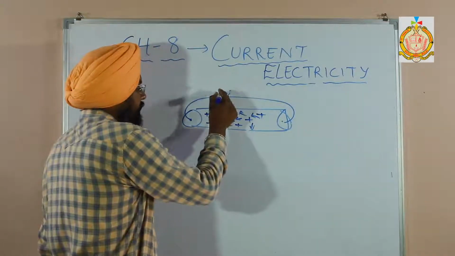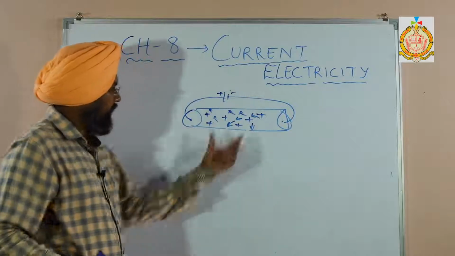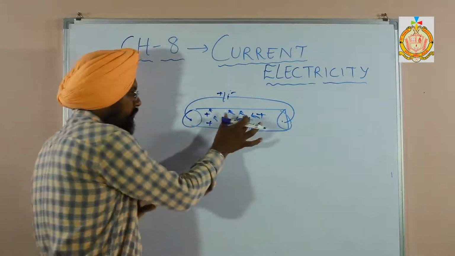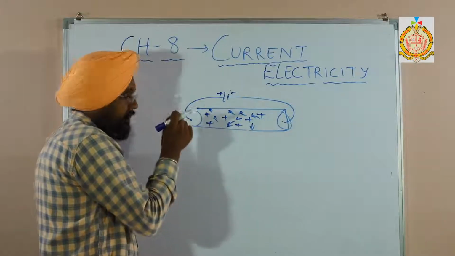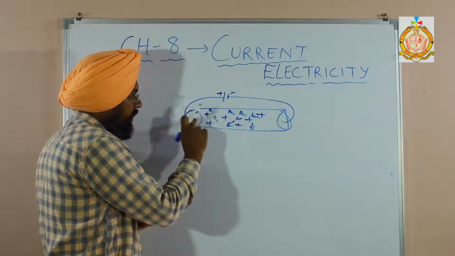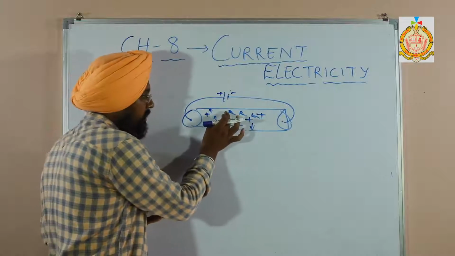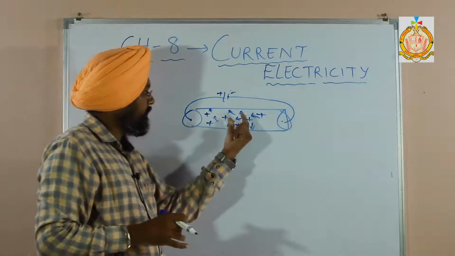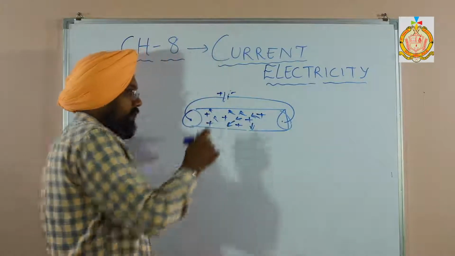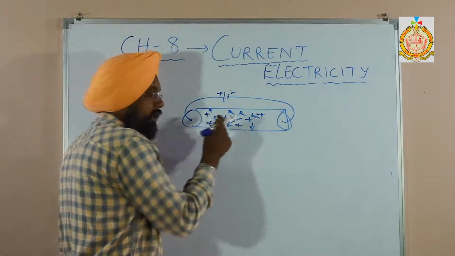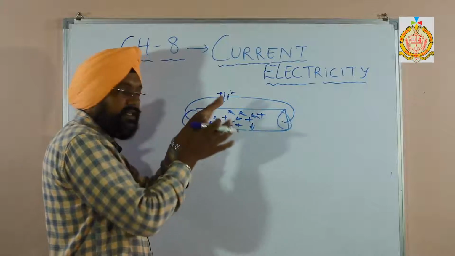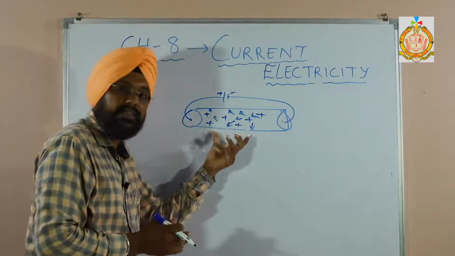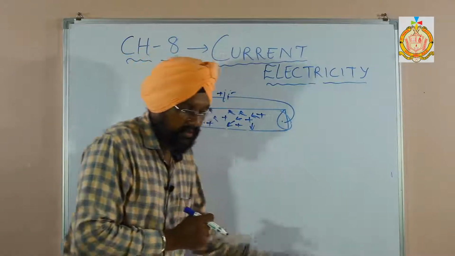As they are connected with the battery, all are supposed to move in one direction, in a straight line. Now when they come in one line, they collide with each other. This collision reduces their speed and acceleration. This reduced acceleration, this collision, is the obstruction to the flow of current through it. That is called resistance. That is the main cause of resistance.